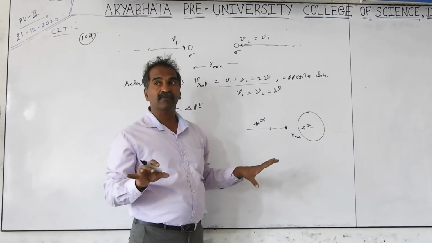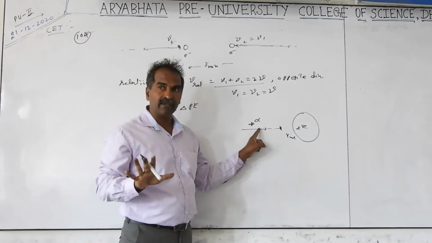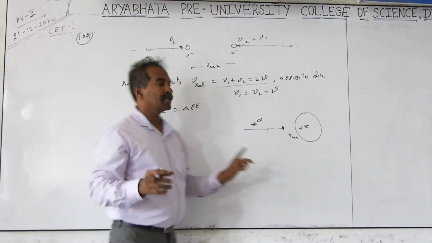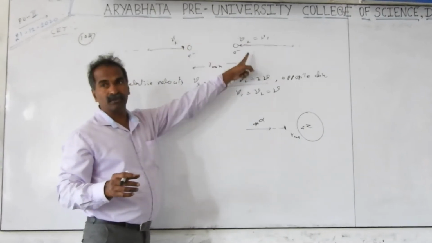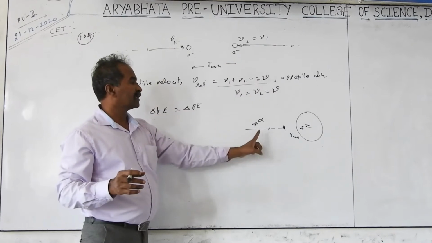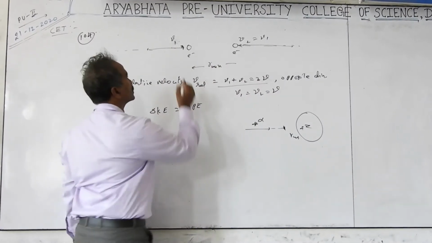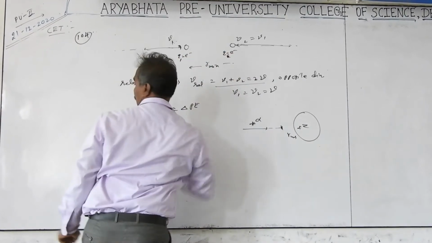Condition is the same. Potential energy is equal to kinetic energy. There, only kinetic energy KE1 is equal to the potential energy of the combination. But in this case, you have to take both kinetic energies, KE1 plus KE2, and equate that to the potential energy. Potential energy at the distance: this charge is Q1, this charge is Q2, separation is R.